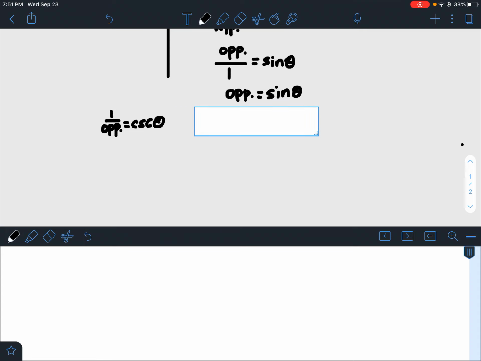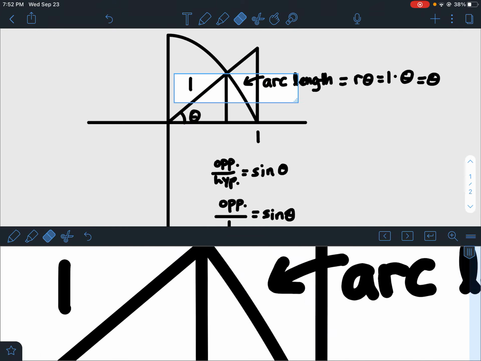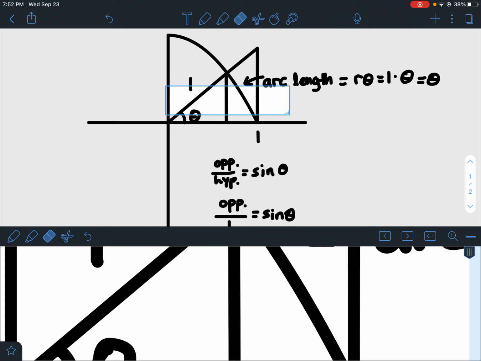So basically we have sine, and our goal is to try to get them, what we're using, or this is where we get